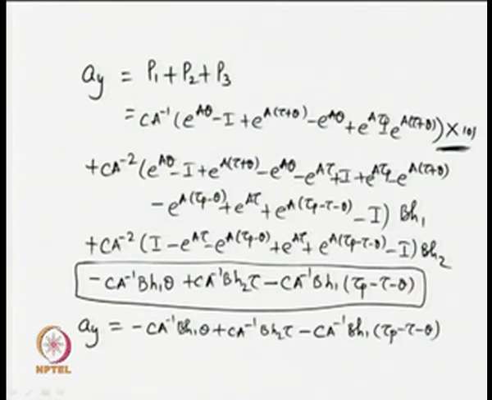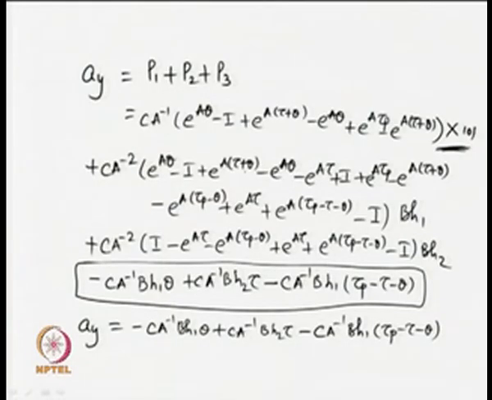So, interestingly, we get only three simpler expressions remaining in the expression for the area of the output signal. This is an important observation. So, how are the other parts getting cancelled? If you look carefully, so many terms are cancelling out, like e to the power a theta minus e to the power a theta, leaving us only two terms in the first part. Similarly, e to the power a theta cancelling out,